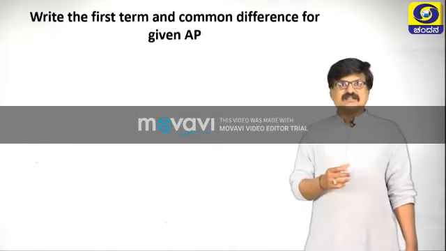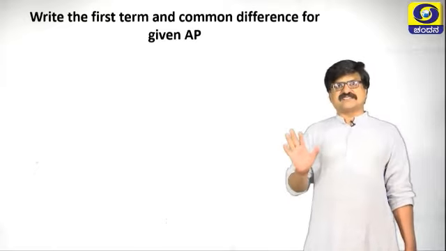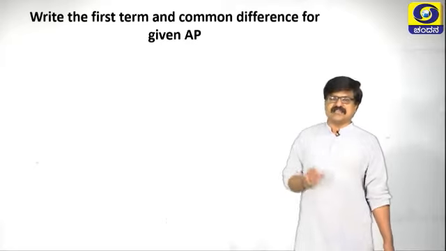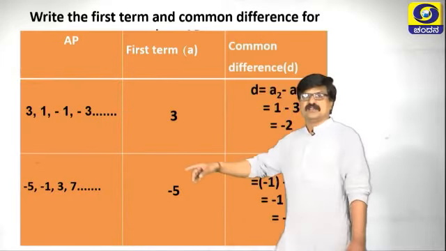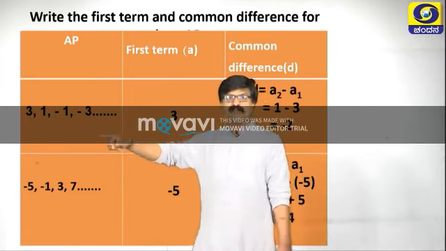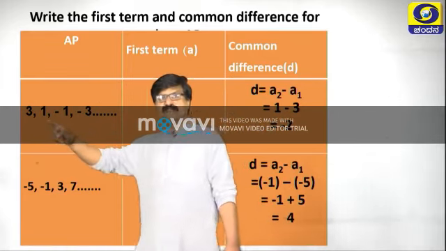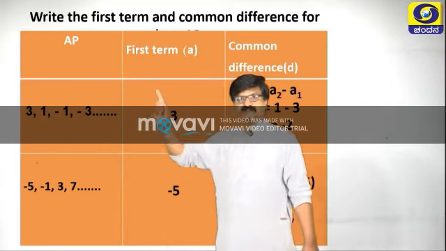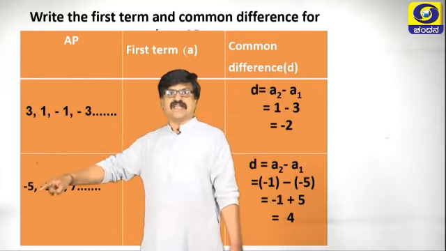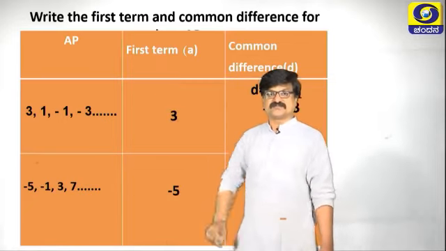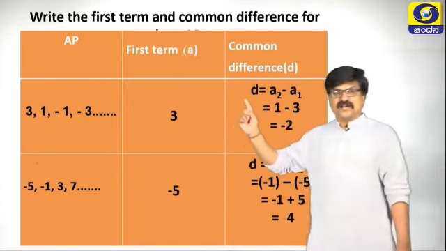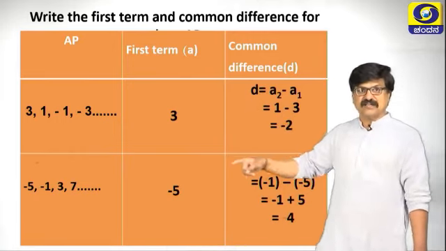Next one: write the first term and common difference for the given AP. Let us take two examples here. AP 1 is here, AP 2 is here. Just by observing this we can say 3 is the first term. In the second case, minus 5 is the first term. Then how to find the common difference? We know the formula d is equal to a2 minus a1. Therefore,